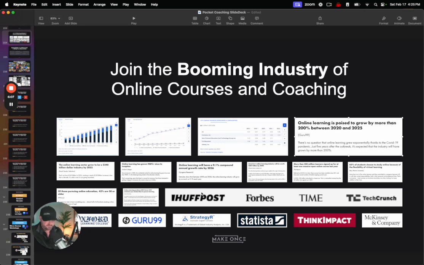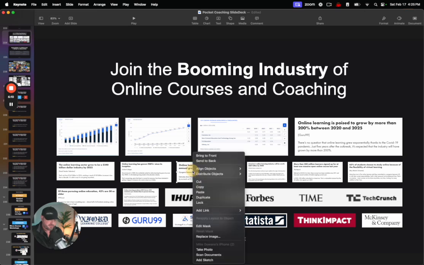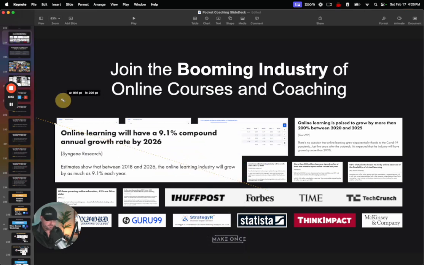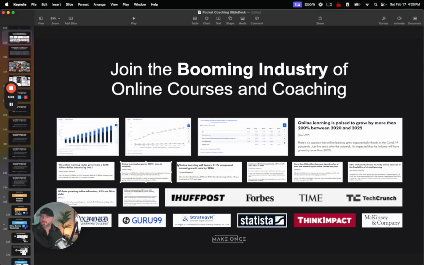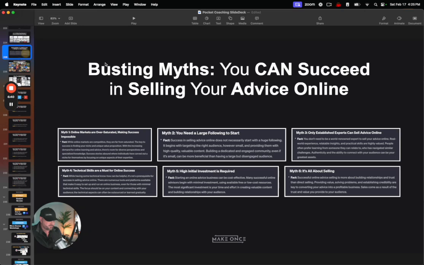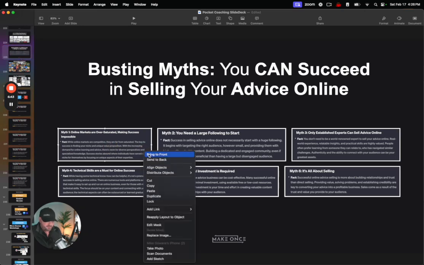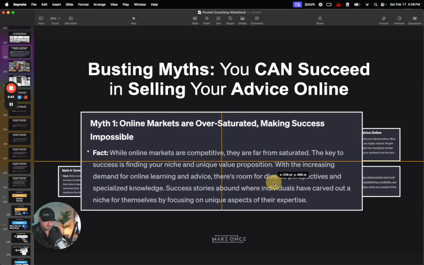All this stuff was in like HuffPost, Forbes, Time, Crunch. I mean, look here, online learning will have a 9.1% compound annual growth rate by 2026. So again, really growing. And you can see why, because you can, in a weekend, teach somebody something that they're going to school for and spending all this money for. You can teach them in a weekend and work with them, and they can save a ton of money, and it's easier for them, and the tools are making it so powerful. So there's just a lot of people that have this idea that it may not work, and I'm here to just help you with that a little bit.